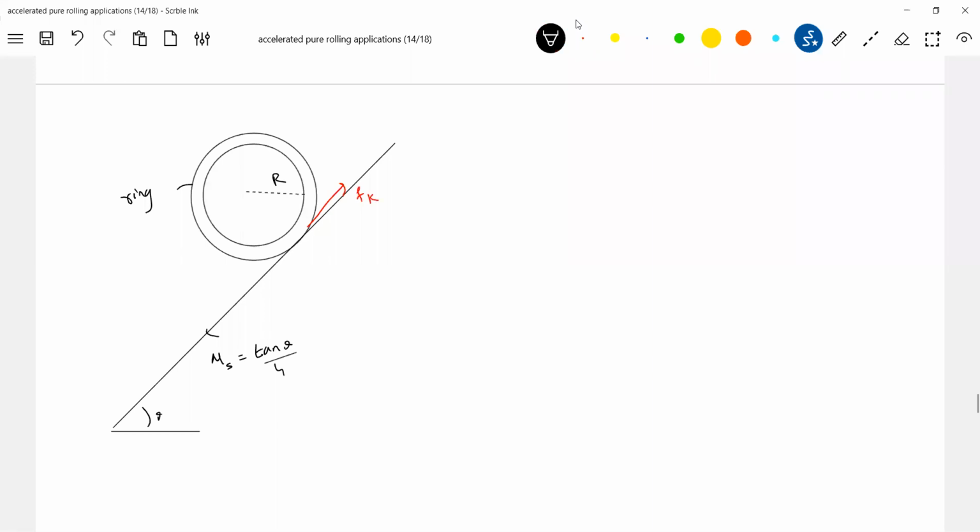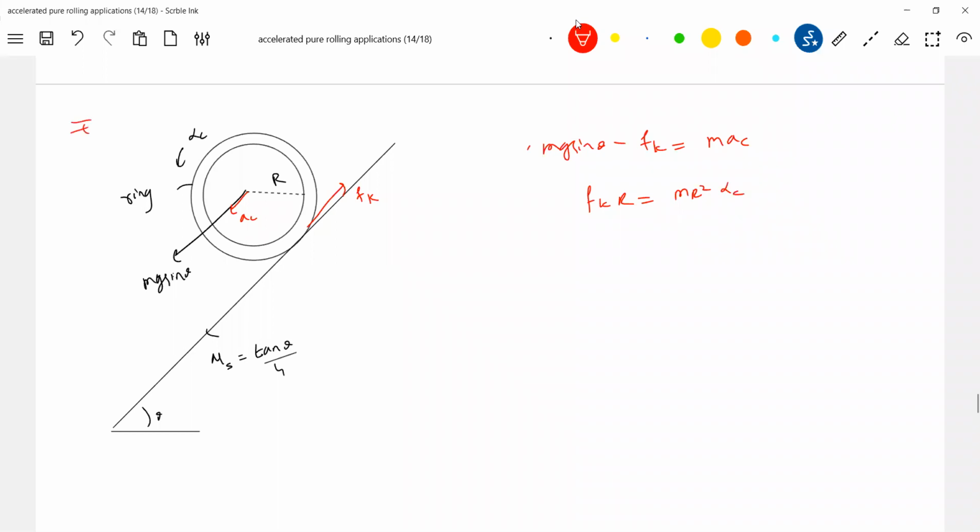Then what are the other forces? Mg sine theta. Not a rolling friction. Sir, will there be torque? Yes, there will be torque. What's wrong with that? Torque will act. Then what are the equations? Mg sine theta minus Fk equals m a C. Then torque by friction, Fk into R, is equal to mr square into alpha. It's a ring, no? Then you cannot write aC equal to R alpha C. Any reason for that? Slipping occurs.